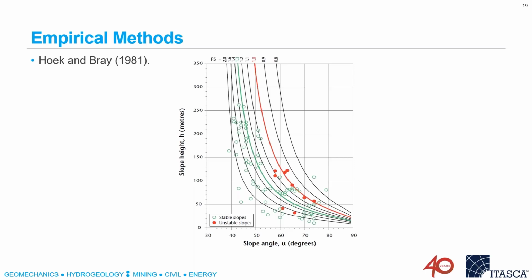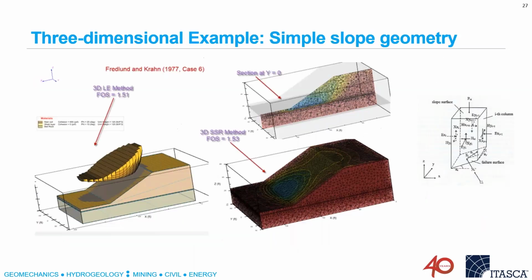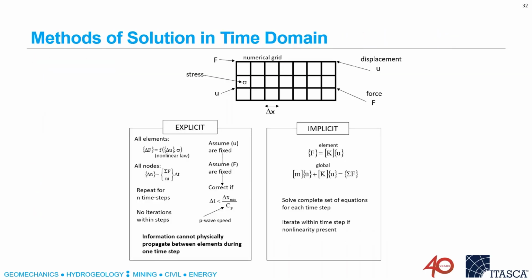The analytic solutions for those all assume an associated flow rule because it's the only way they can be solved in terms of an analytic solution. So they have friction angle equal to dilation. And that's not physically realistic, as I said before. But the differences when you use dilation or not are small. The place where this becomes an issue or can become an issue